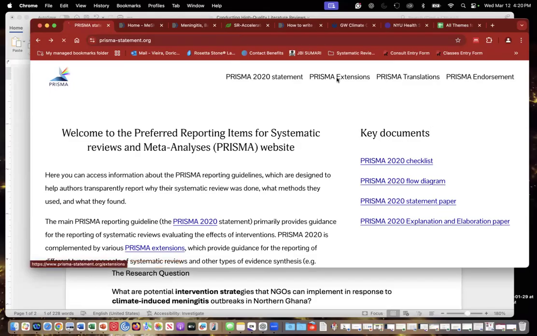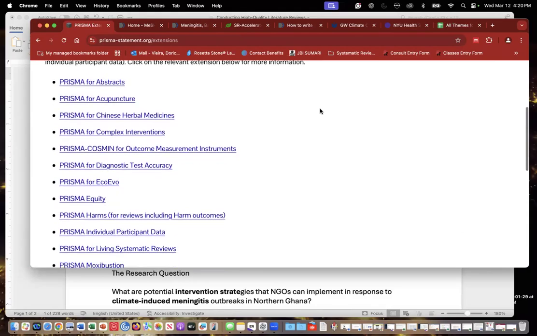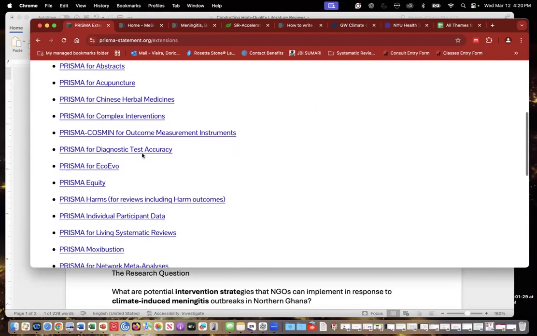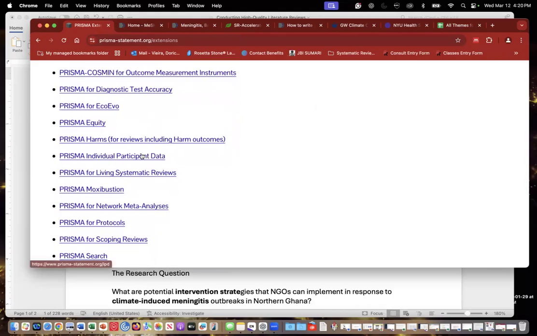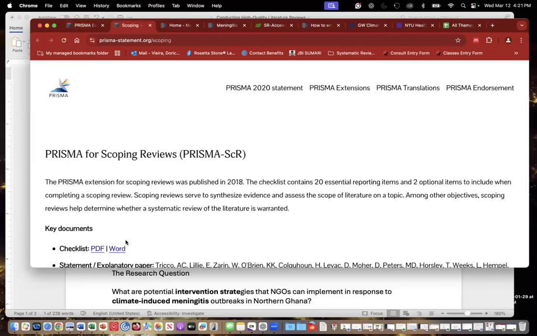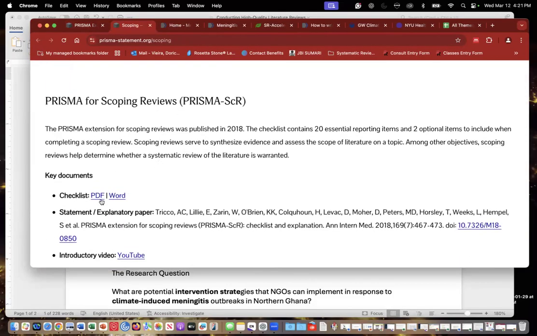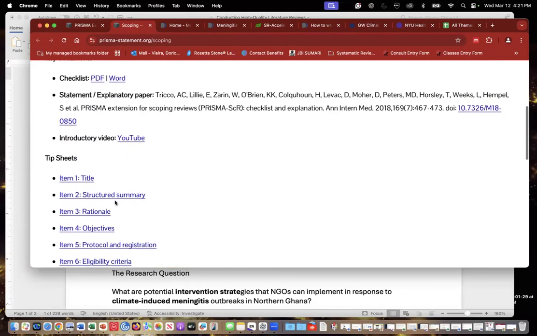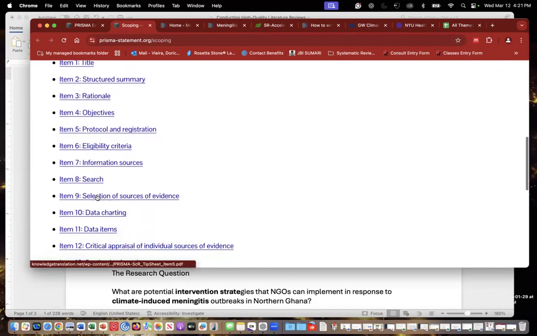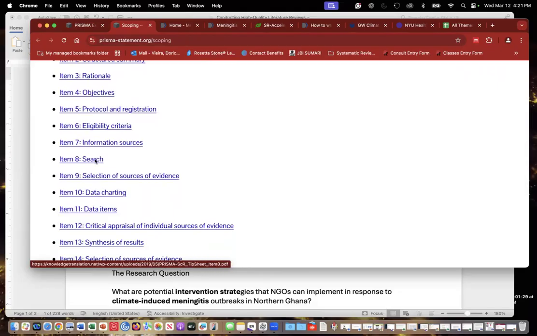So we're going to go here to the Prisma extensions, and you can see the different types of checklists that they have. So, are you doing research on equity? Are you doing harms, preventing harms? I think they did a lot of systematic and scoping and other types of reviews when COVID came out. So, if we were going to use the Prisma scoping review, I can get a Word document or a PDF file. Here are all the different ways of navigating through the review, and it tells you